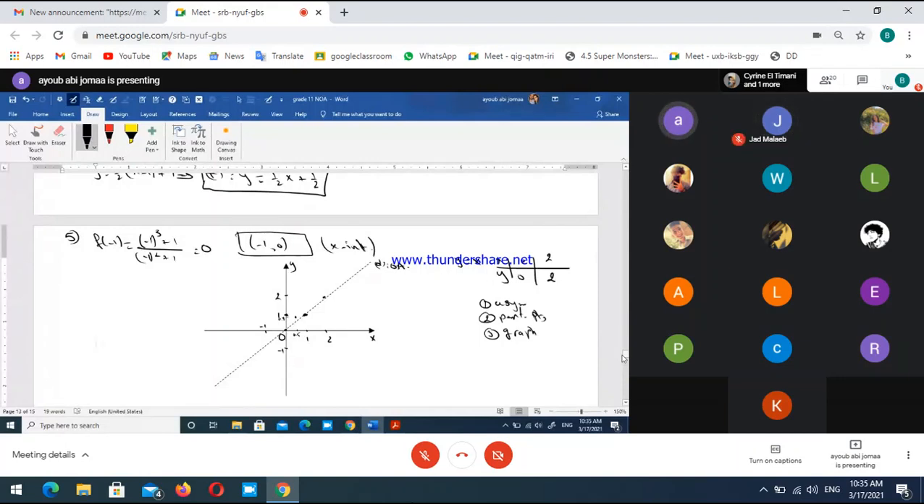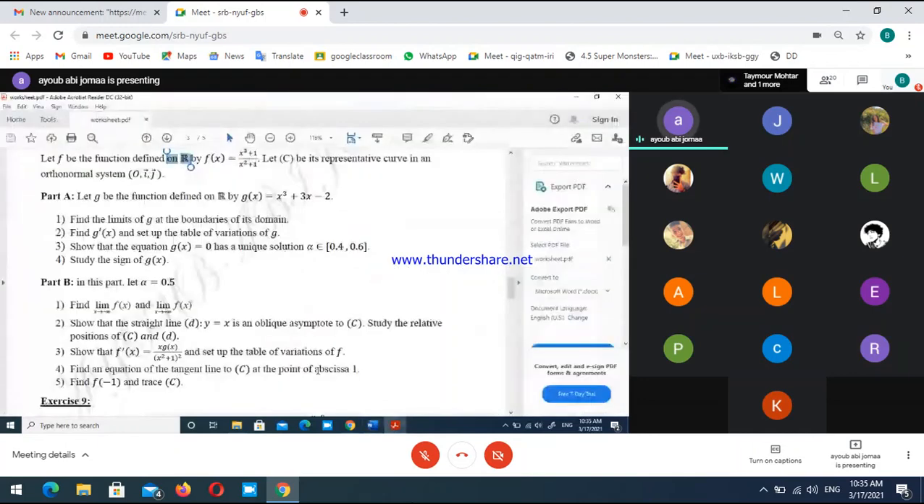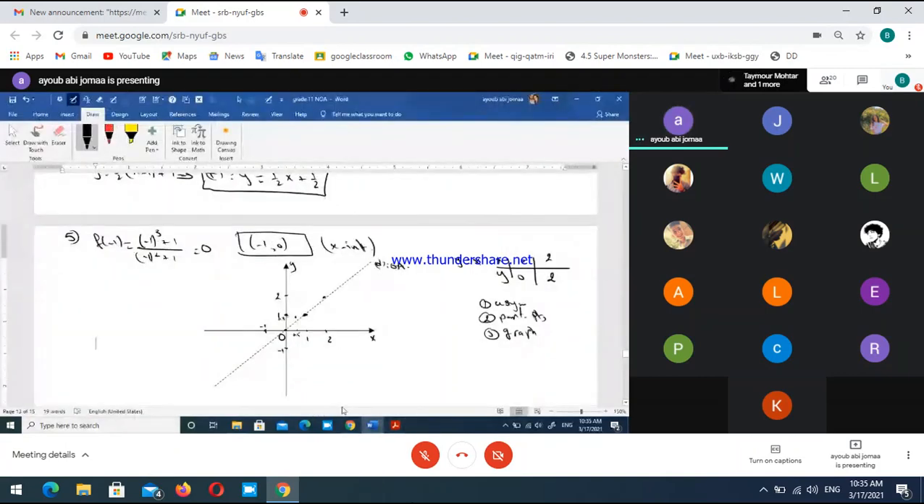We still have one point which is negative 1, 0. We found f of negative 1 was equal to 0. Okay? Negative 1, 0, so here is the point negative 1, 0. Now